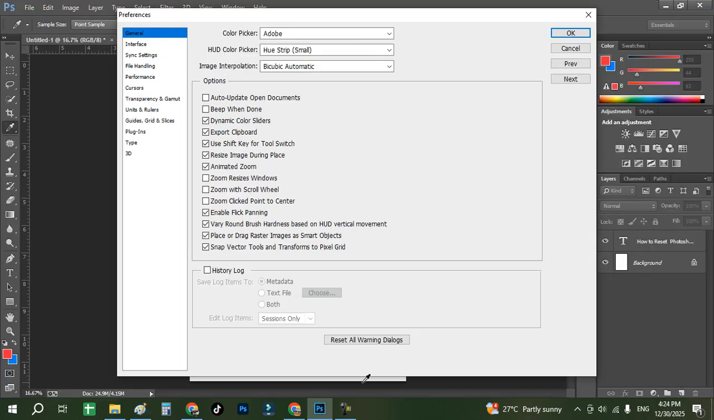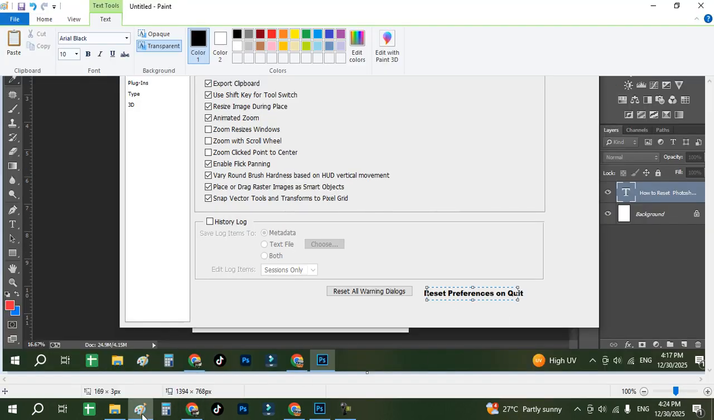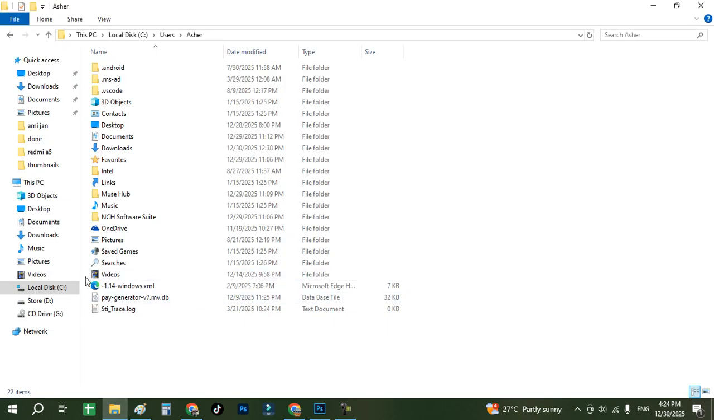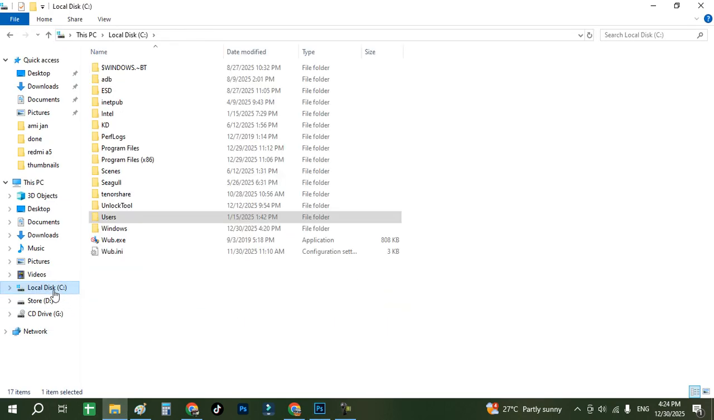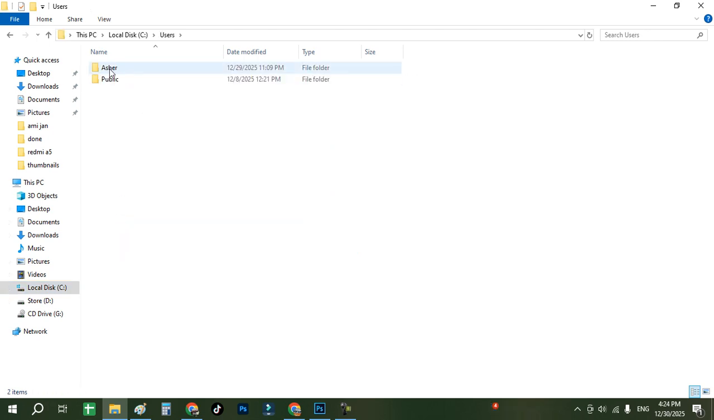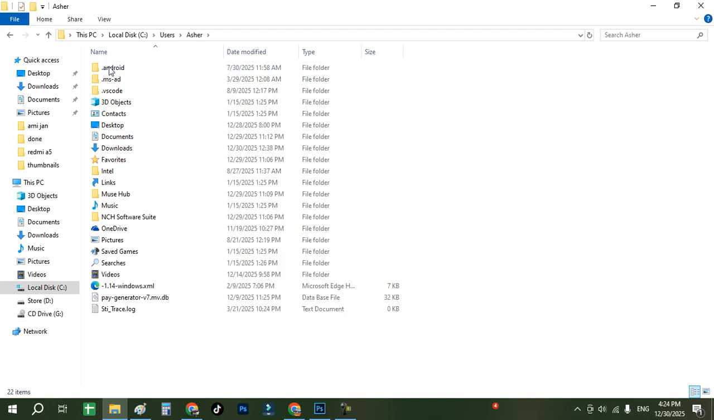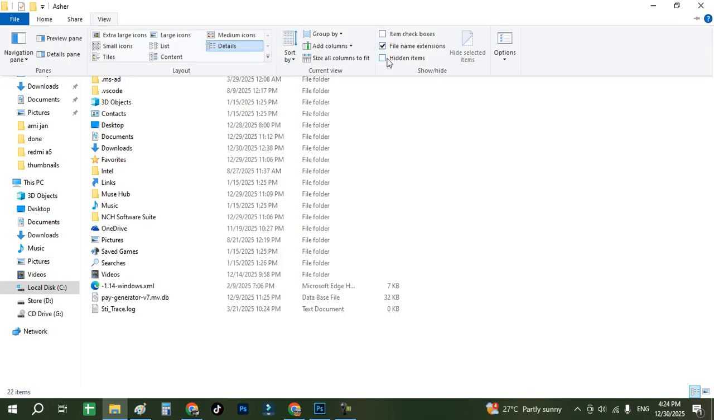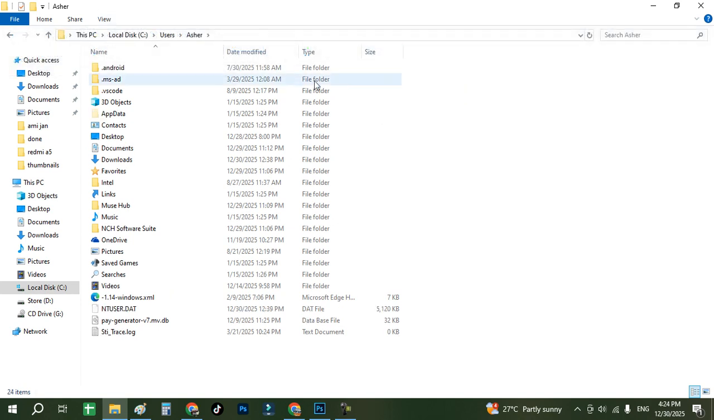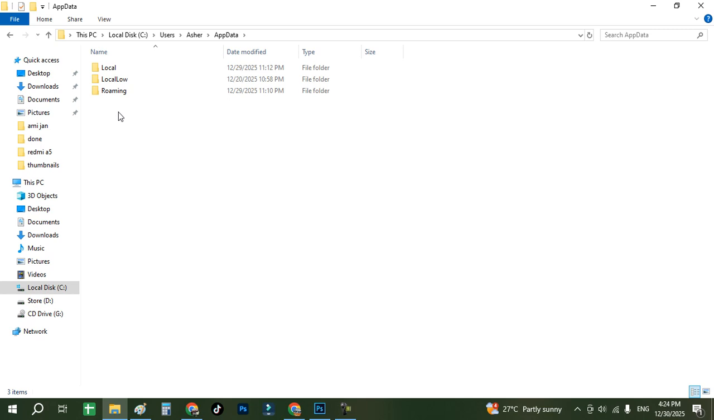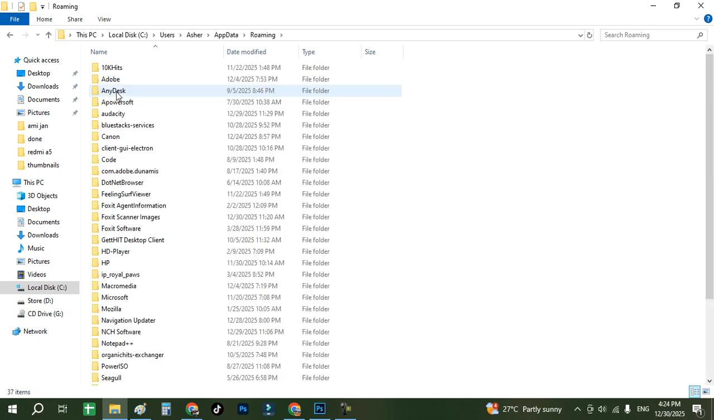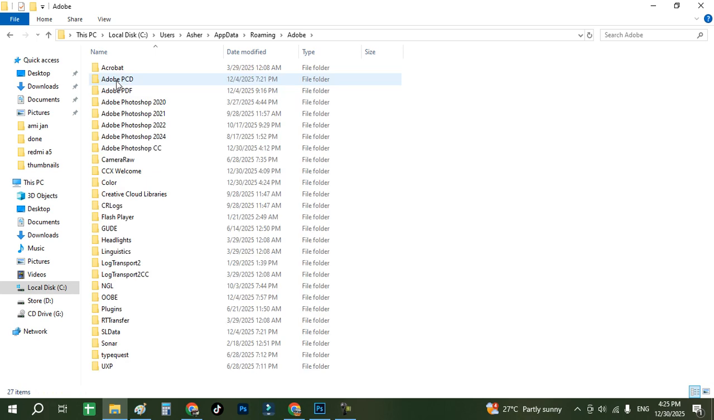Now in case you are not getting that option, I will show you. First of all, you need to go to your C drive, and in the C drive go to Users and then your username. Now from here go to View and click on Hidden items. Now go to AppData, go to Roaming, then Photoshop. Now go to your version, whichever version you have installed, but before doing that just